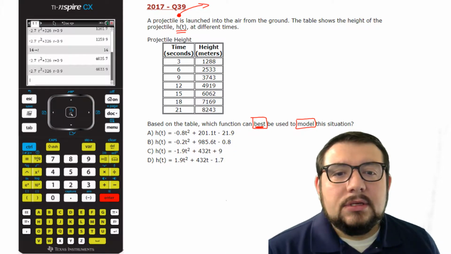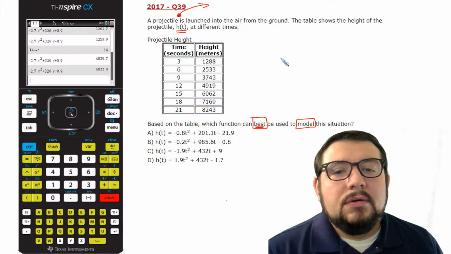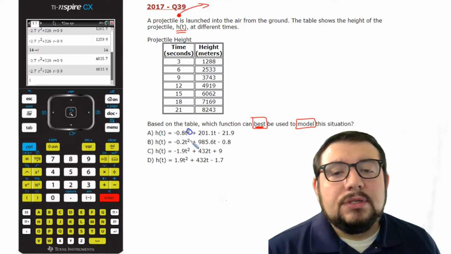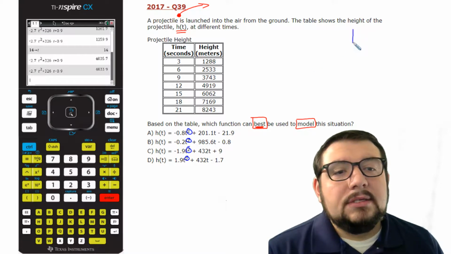Okay, so now we can start doing some math. All right, so the first thing we need to know is that here I see these little number 2's in my answer choices, and I know that they're going to be quadratic functions. As long as the highest exponent is 2, you're going to get a graph that either looks like a smile,